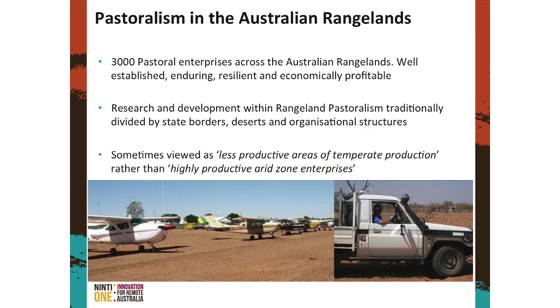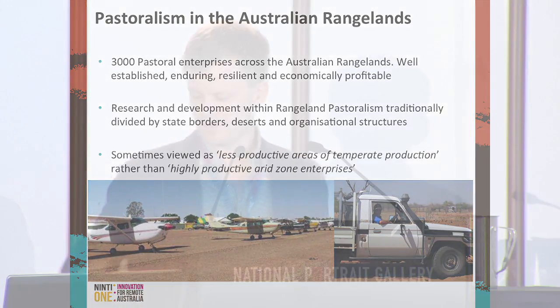I think it's probably fair to say that sometimes the rangelands and desert pastoral systems have been viewed as less productive areas of the temperate zones as opposed to highly productive arid zone enterprises. And that's what we really tried to get into with the 21st Century Pastoralism Project. So just going into the actual project now,